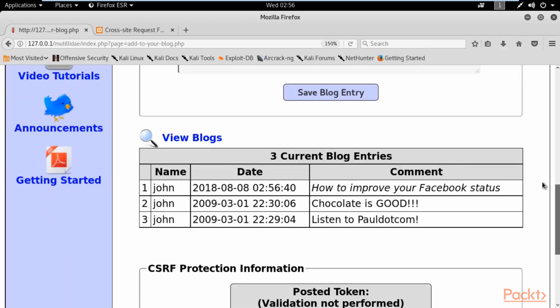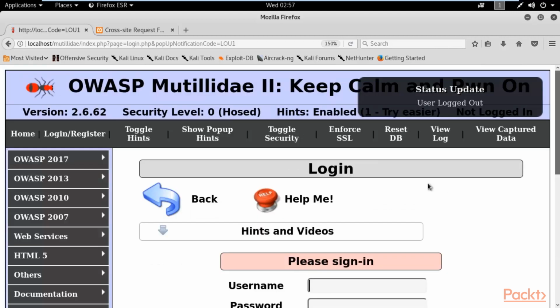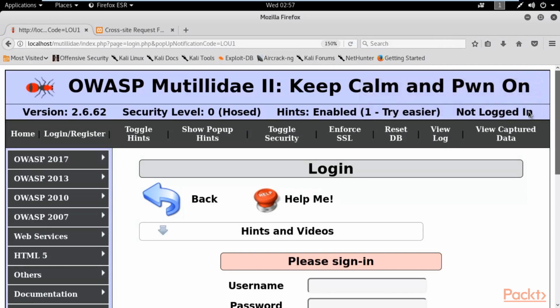What you need to do here is put your cursor on this particular comment, and when you roll your cursor on this comment, you will automatically log out from that particular account. So you just need to come here with the cursor, and you can see that you have logged out from that account automatically. Now I'm not logged in to John's account.